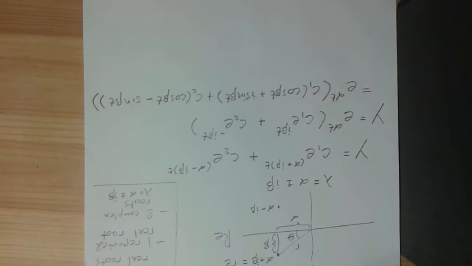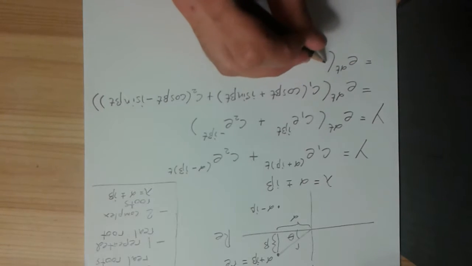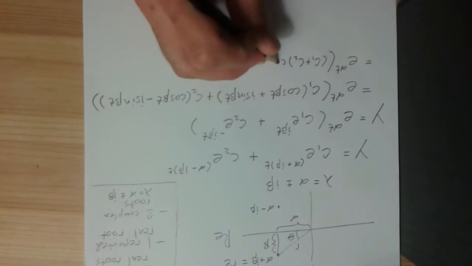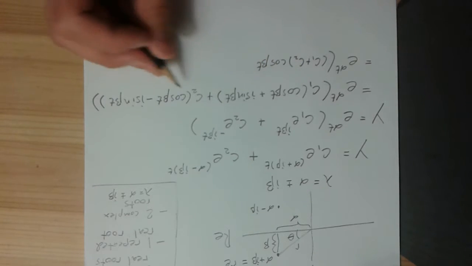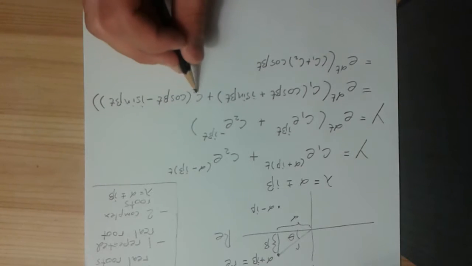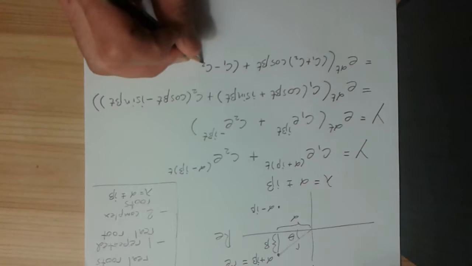Okay, so now this is looking a little better. It's looking a little bit more like a real valued function. So what I want to do is just look at these cosines and group those together. So I've got e to the alpha t. How many cosines do I have? Well, I have c1 plus c2 of them. And then how many sines do I have? Well, I have c1i minus c2i. So I'll say c1 minus c2 i